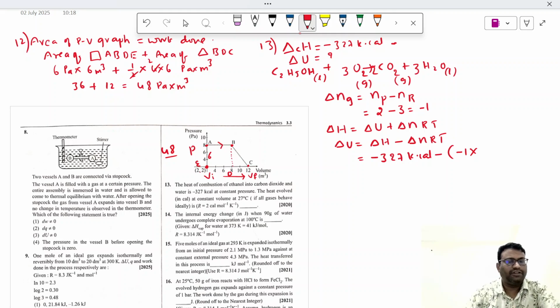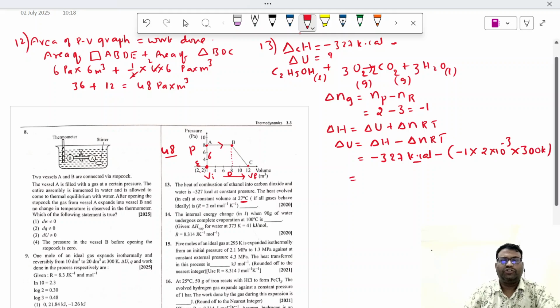The R value given in the question is 2 calories per mole per Kelvin. So 2 into 10 power minus 3, because here we are calculating in kilocalories, right? Then temperature, what is temperature given? 27 degrees centigrade, that is equal to 300 Kelvin. So if you calculate this completely, then what you are getting is,